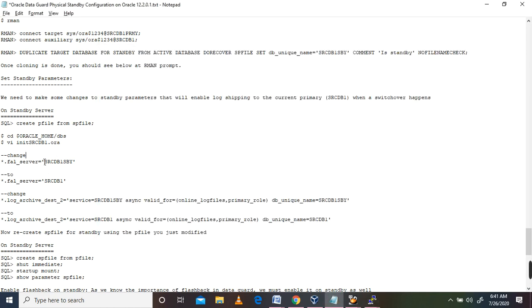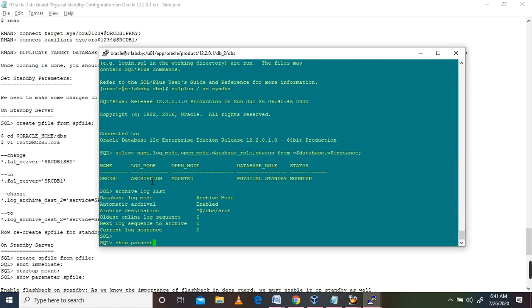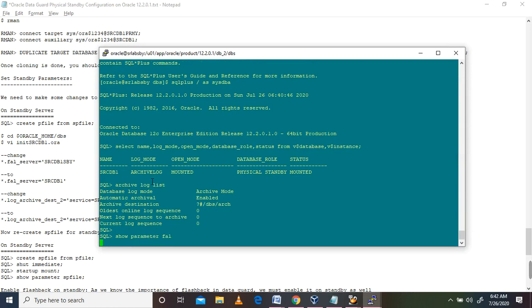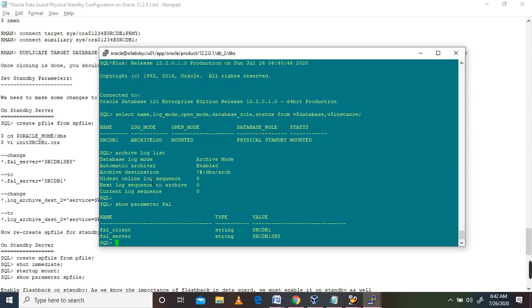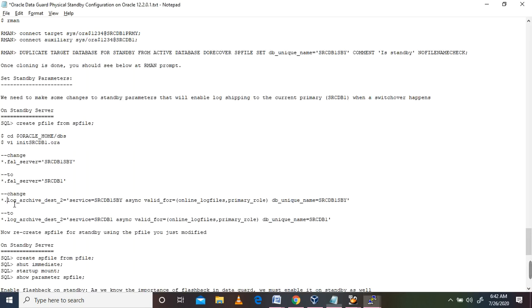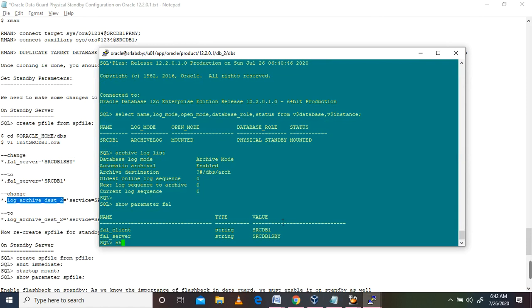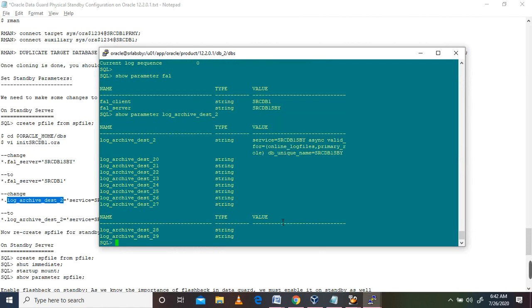Server parameter, so it is set, and log_archive_dest_2 is already set.